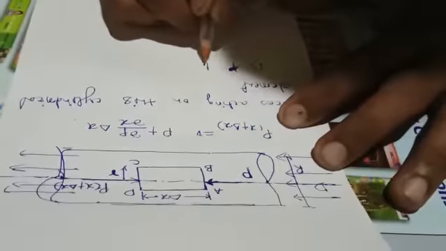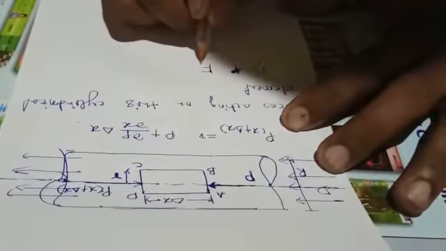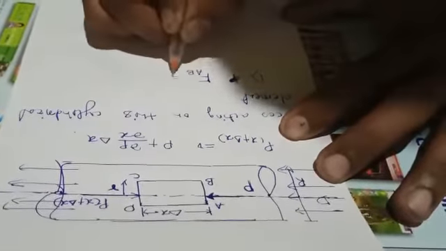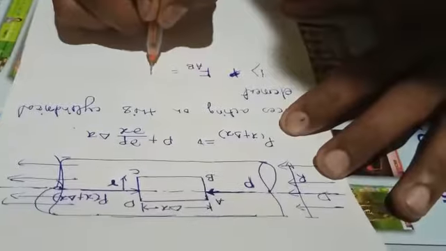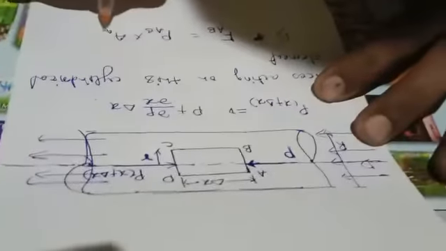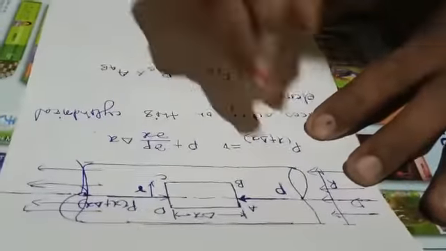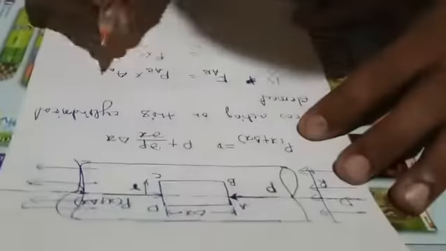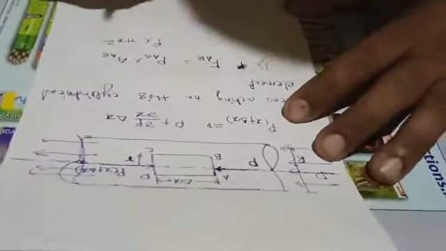First one is the pressure force F acting on face AB, which is given by the formula pressure on face AB into area of the face AB. So pressure on face AB is P, and the area of this face is nothing but pi r square. Similarly,